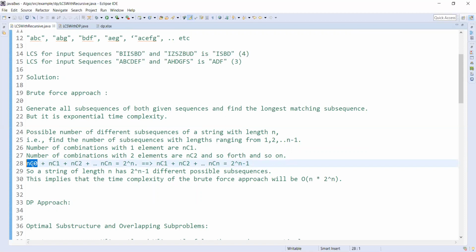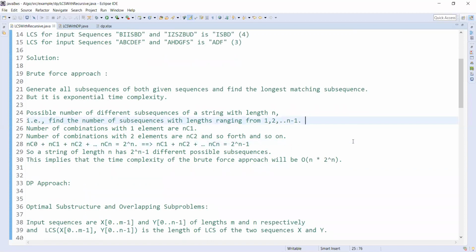So nC1 plus nC2 and so on up to nCn equals 2 power n minus 1. So the string length is n, and the subsequences are 2 power n minus 1 different possibilities. By the permutation and combinations method, we arrived at this.